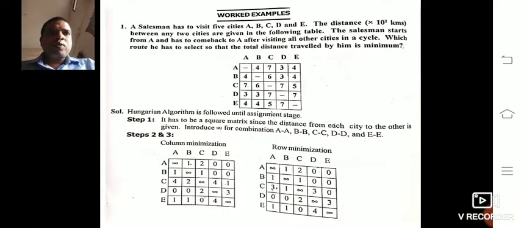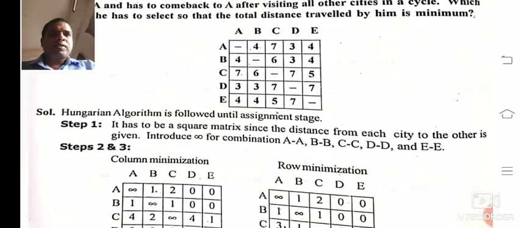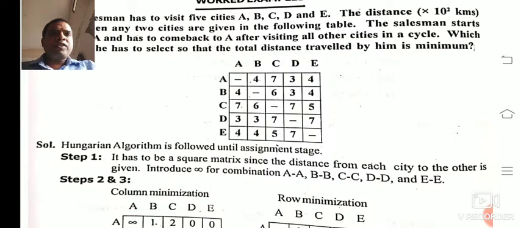Now let us go for the first problem. A salesman has to visit the 5 cities A, B, C, D, E. The distances between any two cities, given in 10 raised to 2 kilometers, are given in the following table.